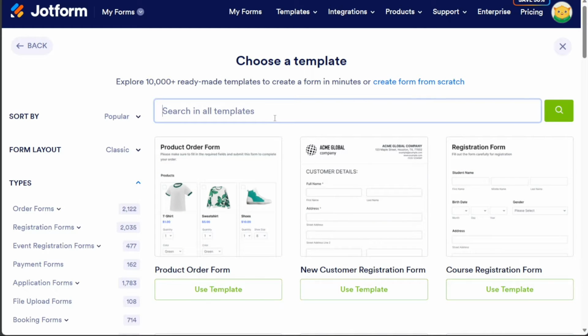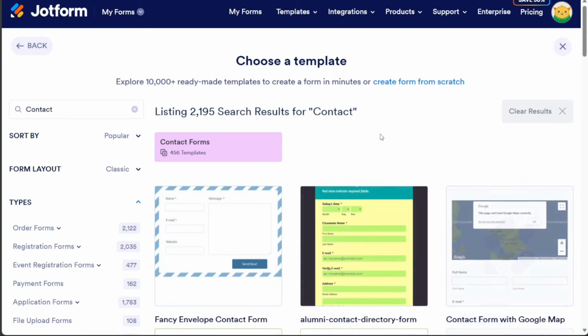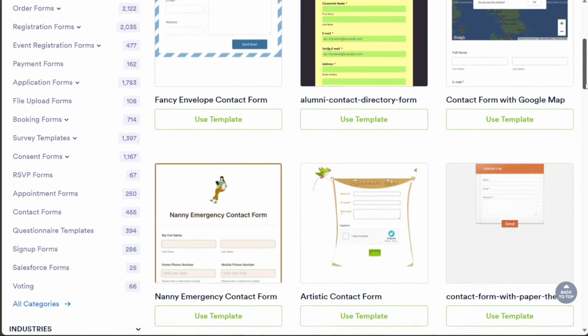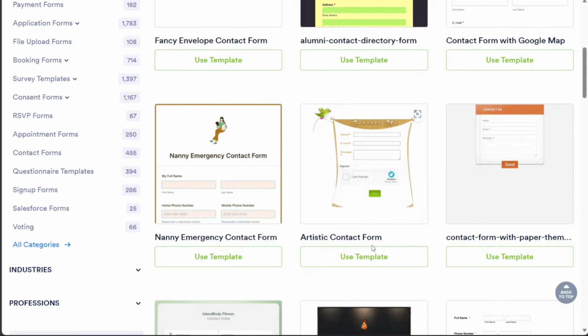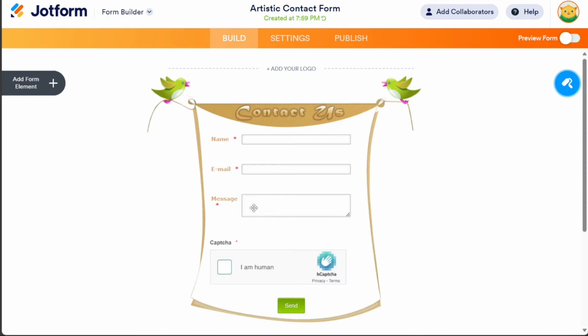In the template library, search for the keyword Contact and choose a contact form template that suits your needs. Once you've selected a template, click on the Use Template option and you'll be taken to the editor. In the editor, you can customize the template if desired, but for this tutorial, we'll proceed with embedding the form